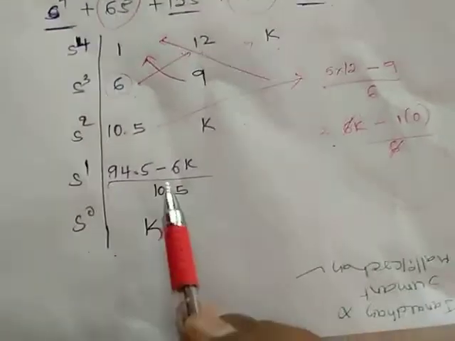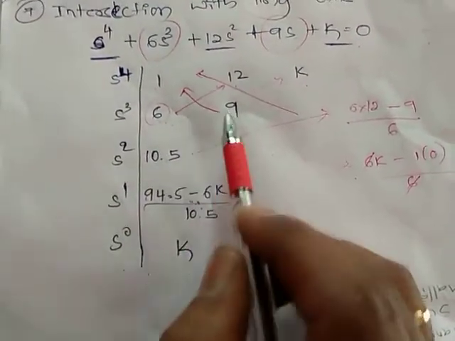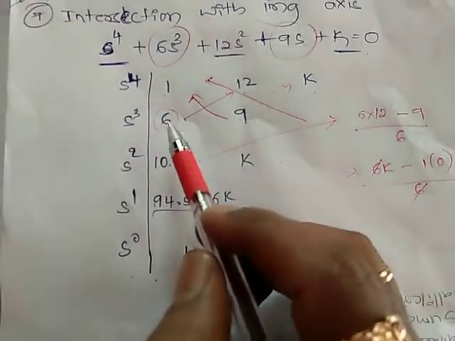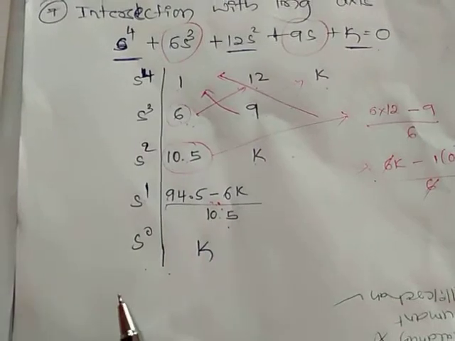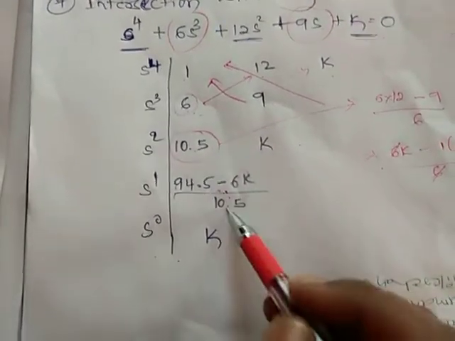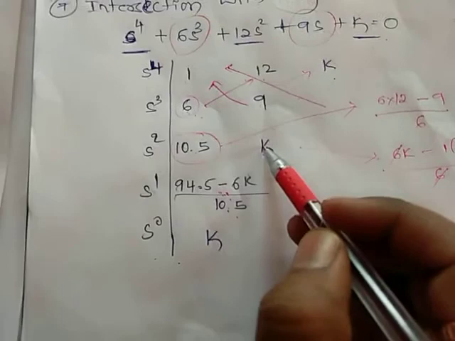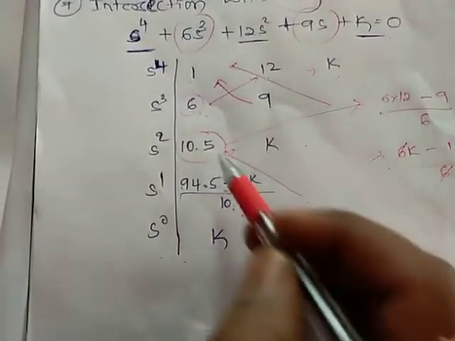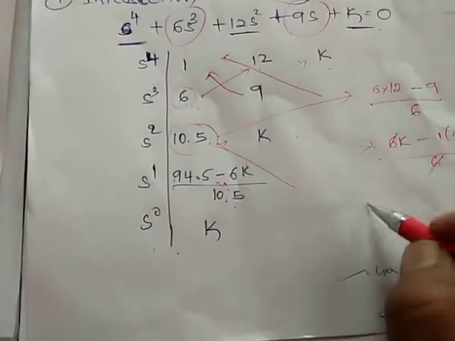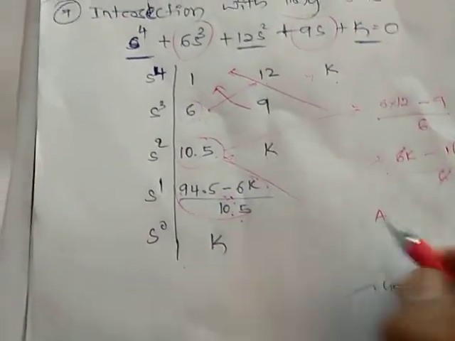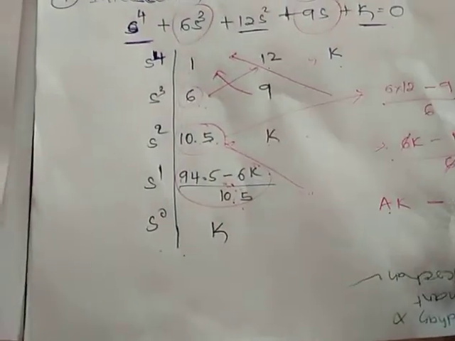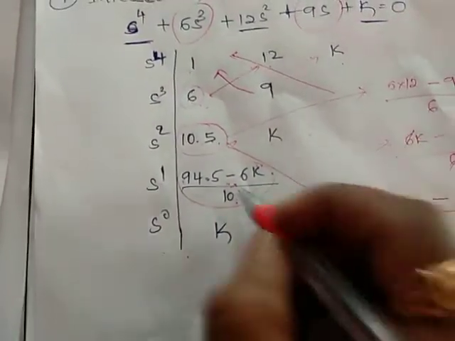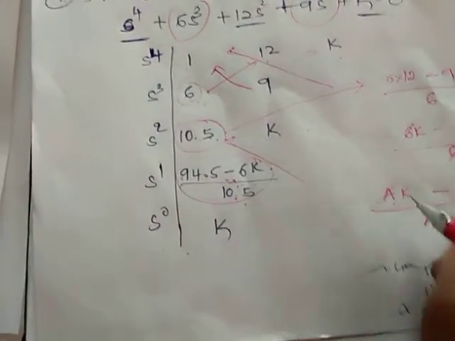Right. Then similarly, to get this, 10.5 into 9 minus k into 6k, 6k divided by 10.5. Similarly, this whole term you consider it as a into k, ak minus 0 divided by a. See here, this whole term I am considering as a into k, ak minus this into this, there is no term in, it becomes 0 divided by a. So a and a will get cancelled, k will remain.